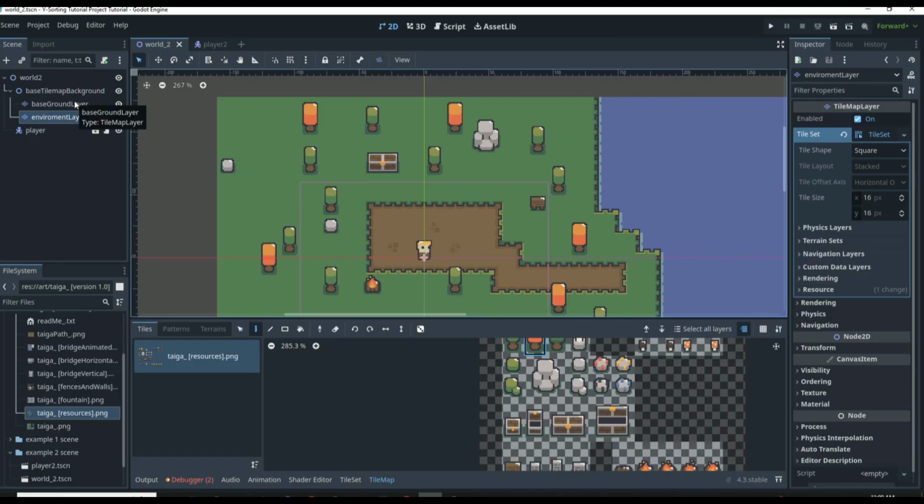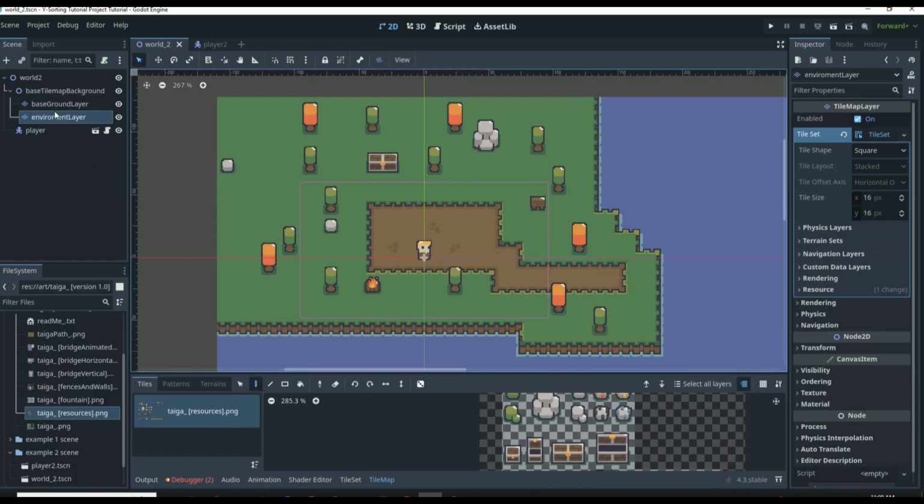Because we set everything up. Well, no, because we haven't set everything up. We've set up all the background things that are going to help our Y-sorting, but we haven't actually enabled Y-sorting. Now, the thing is, with tile map layers, this is where tile map layers have come in so handy. They're really handy for Y-sorting. So in Godot 4.3, they ended up adding in tile map layers, and they're so beneficial for Y-sorting that it's unreal,